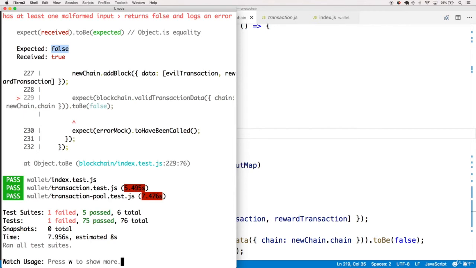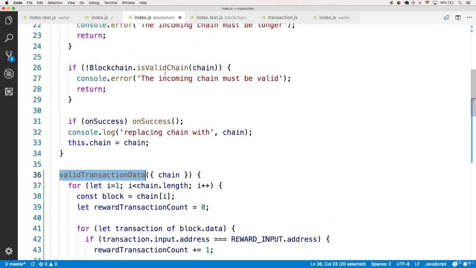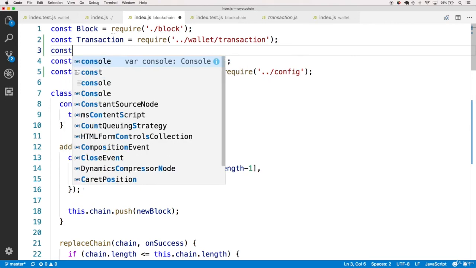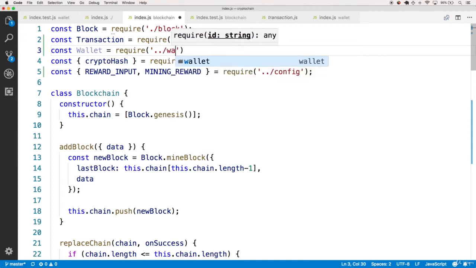Now our solution is going to be to make sure that every transaction input is based on the actual blockchain history. Luckily, we already have a calculateBalance method in the wallet class, which allows us to look at a true balance for the wallet based on the history of the blockchain. So let's require the wallet class at the top of the file within our index.js file, so that way we can use it right here in our valid transaction data method. We're going to make a constant of wallet,